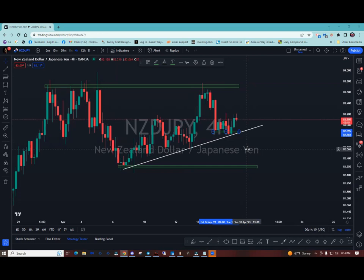prop firm challenges. I forgot to move it back. And then price reversed on me and went 80 pips on four trades. So that blew it. So we understand things like that happen. So we're trying to refine the EA to take that error, at least, off the table. Then another thing we're working on, and it's working fine, is trying to see,